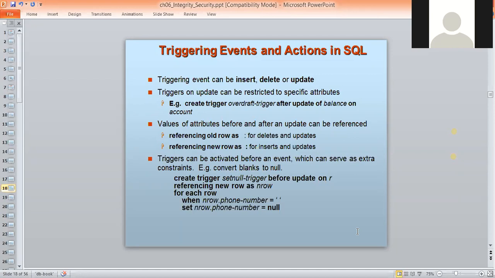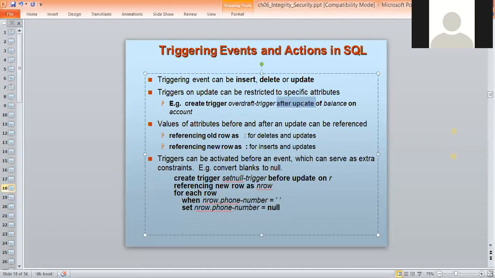Triggers on update can be restricted to specific attributes. In this particular example: create trigger overdraft after update of balance on account. This is the command to create the trigger, create trigger, and this is the name of the trigger.